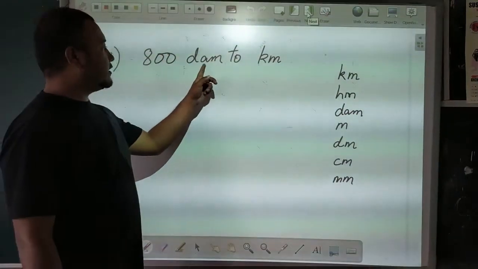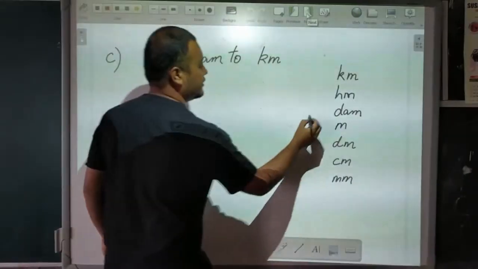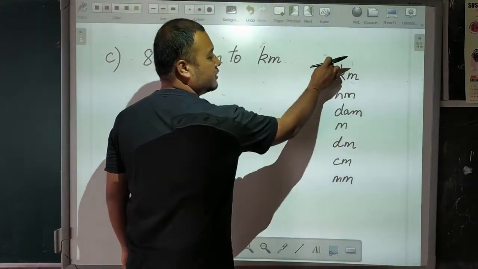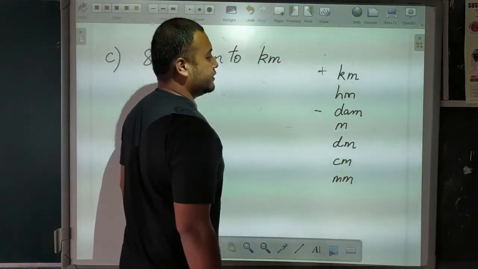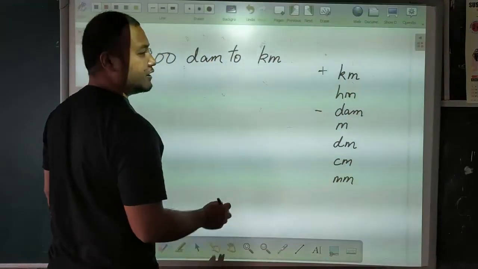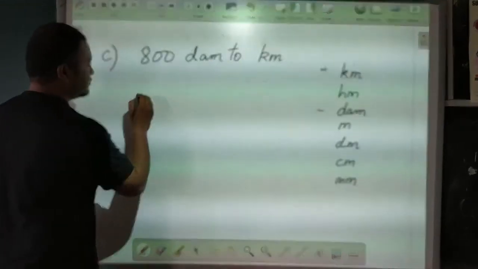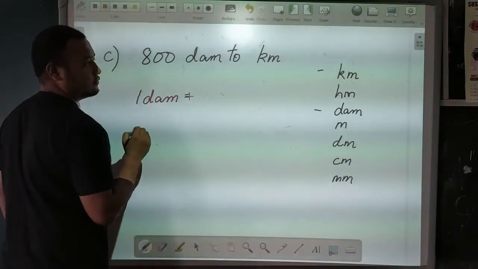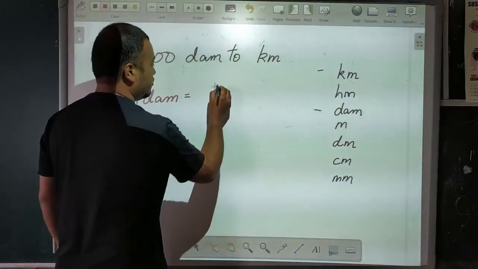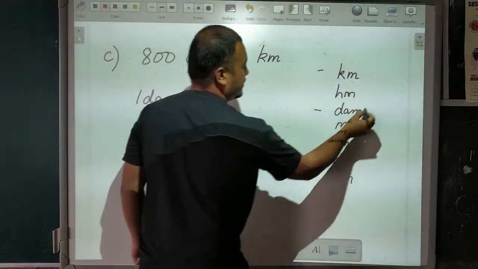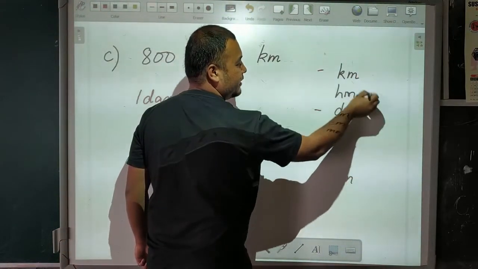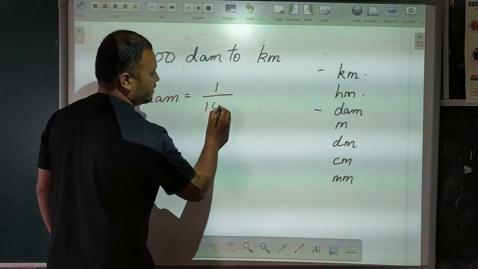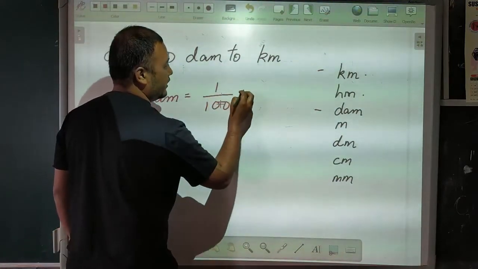Next, 800 decameter to kilometer, from here to here. So now we are going from a smaller unit to a bigger unit, or a larger unit. So now you need to divide. So 1 decameter is equal to, we write it as 1 divided by, now how many steps up? 1, 2 steps up. So 1 divided by 1, and then you write 2 zeros. So 1 by 100